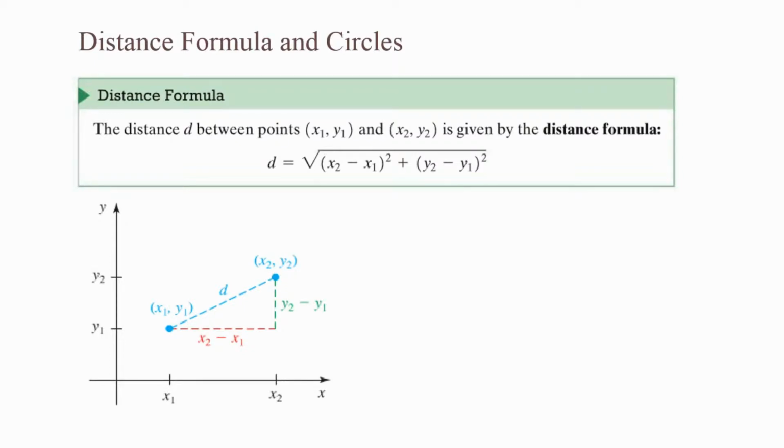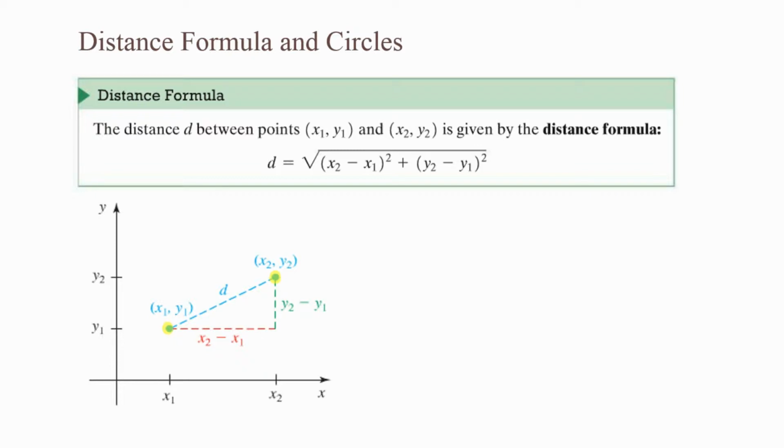Distance formula and circles. The distance formula. The distance d between points x1, y1 and x2, y2 is given by the distance formula. d equals the square root of (x1 minus x2) squared plus (y2 minus y1) squared. To find the distance between 2 points x1, y1 and x2, y2, we are really looking for the hypotenuse of